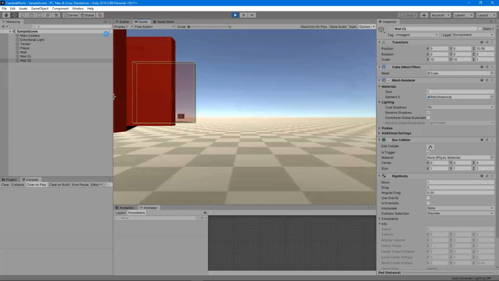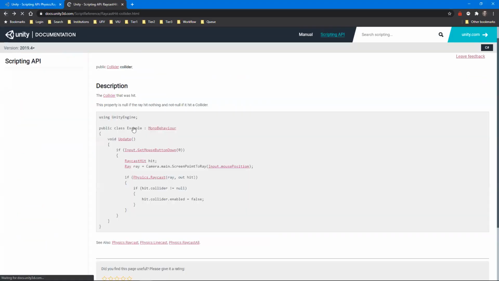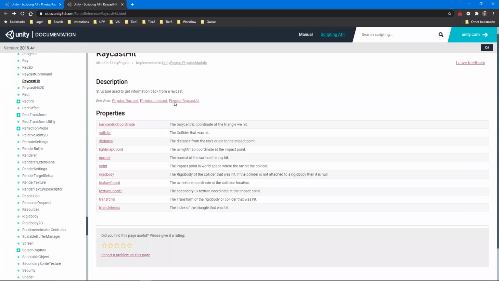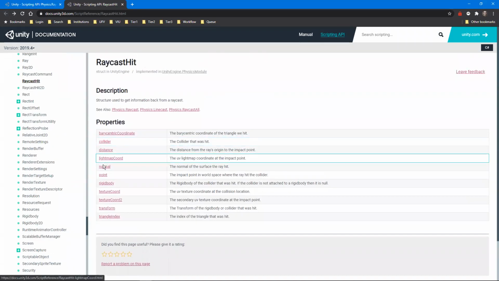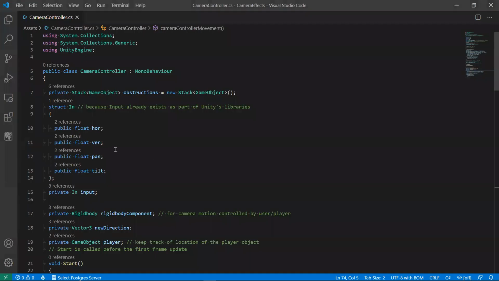Let me just turn the game off. You can just get the rigid body directly from the hit, which I think I did. So if I show you my code now,